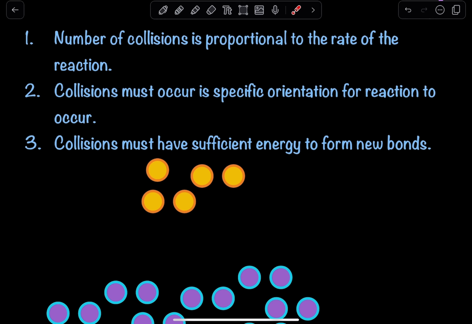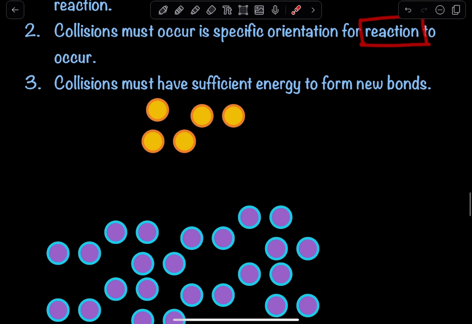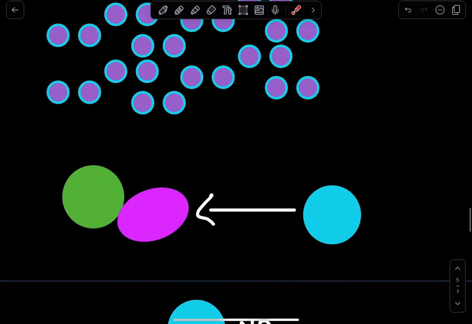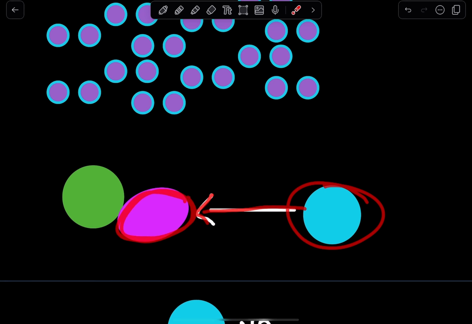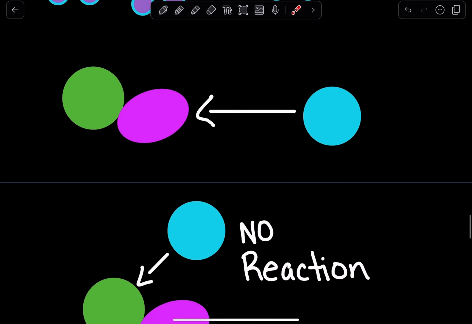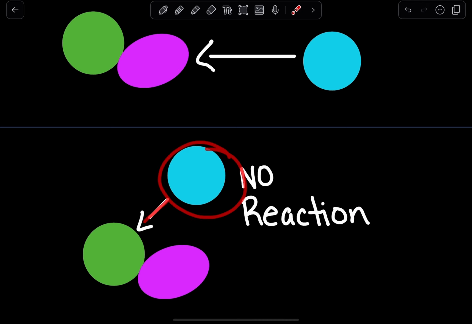Now, the second postulate states that collisions must occur in specific orientations for a reaction to successfully occur. Now, if we have this molecule over here, this molecule has a green end and it has a purple end. This is just hypothetical. Now, we have this second molecule over here in blue. In order for this reaction to successfully occur, this blue molecule must collide with the purple end of this molecule. But if the blue molecule collides with the green end of this molecule, no reaction will